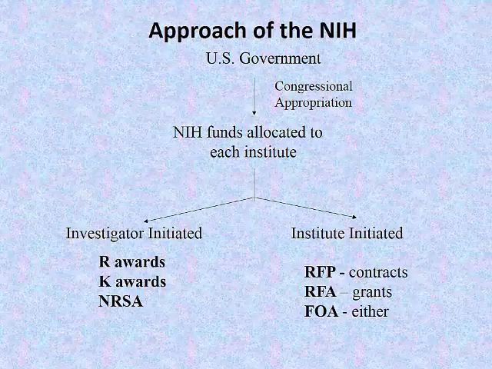And then the NIH allocates money to each institute. The institutes are not all the same size, okay? There are some extremely big institutes like NCI, the National Cancer Institute, and then the smallest institute is the National Eye Institute, okay? And there's like two decimal point differences between the funding levels for those two institutes. So if you look and read about the institutes, you can see how big they are. You can look at the proportion of their portfolio that they spend on K awards. You can see which K awards they fund in your field.